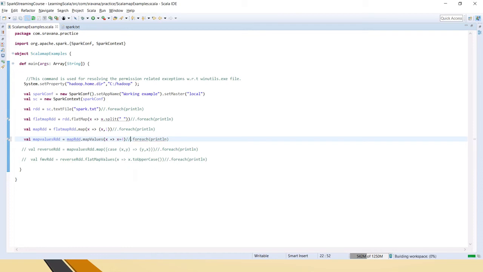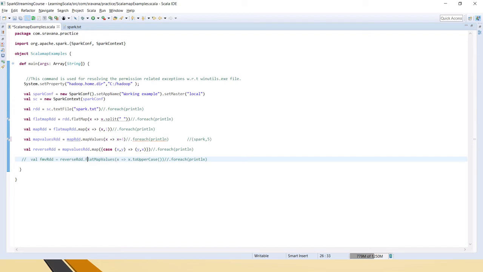Okay, now for checking flatMapValues, because we have to flatten the map. FlatMap is mainly used for flattening the structure. For that we need some kind of input string, right? Because of that, what I am doing here is reversing this RDD. So now we have something like spark comma 5, which is a string comma integer. Only on this integer I cannot use this, right? I mean, it won't make sense.